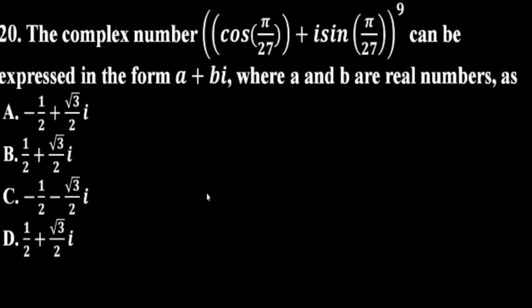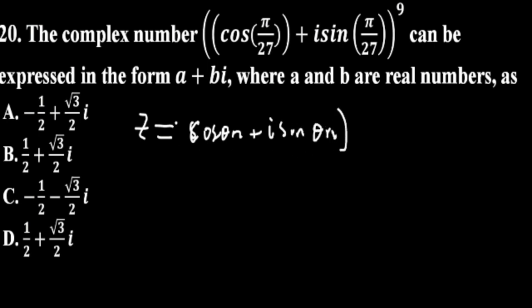So the last question: the complex number can be expressed in the form a plus bi, where a and b are real numbers. So here we are under complex numbers, and we're going to use De Moivre's theorem in expressing this. Basically, De Moivre's theorem states that if you have a complex number, let's say z equals cos theta n plus i sine theta n, all that raised to the power, let me say b, then this can also be written as